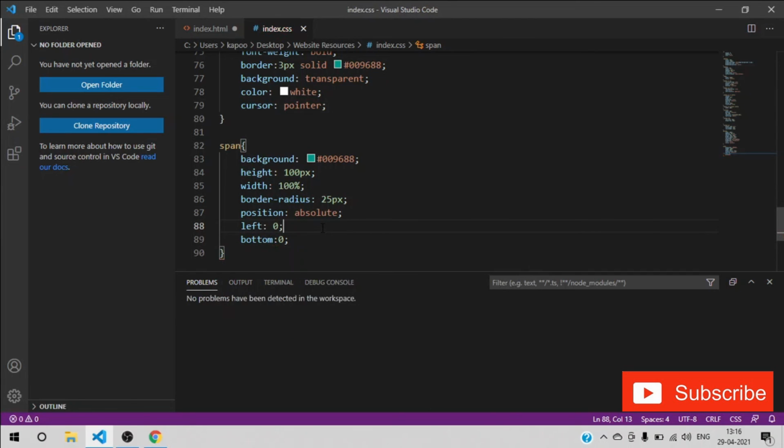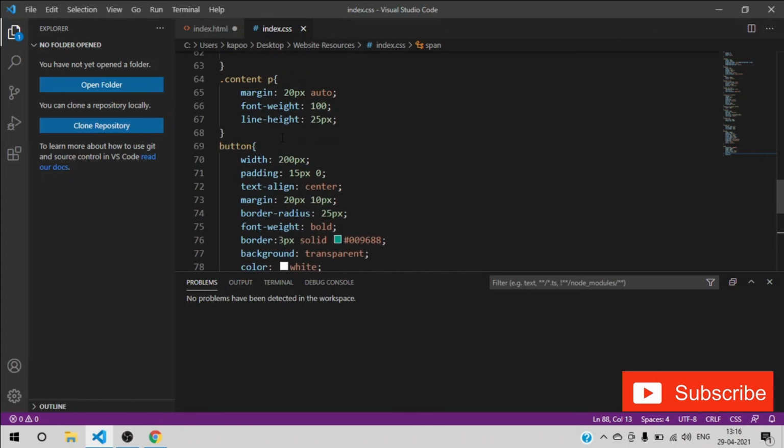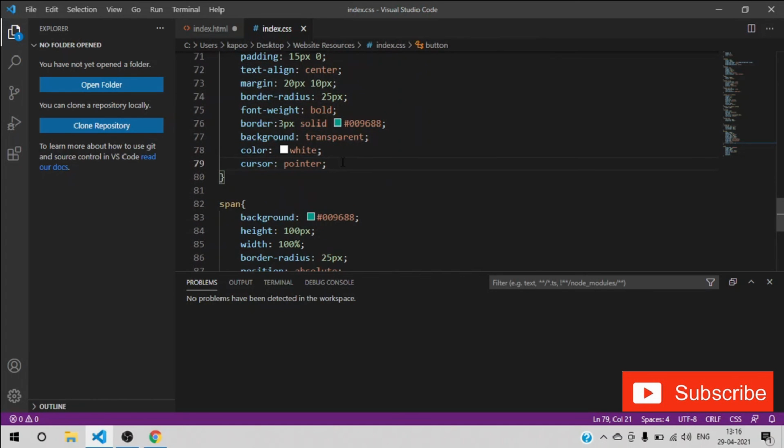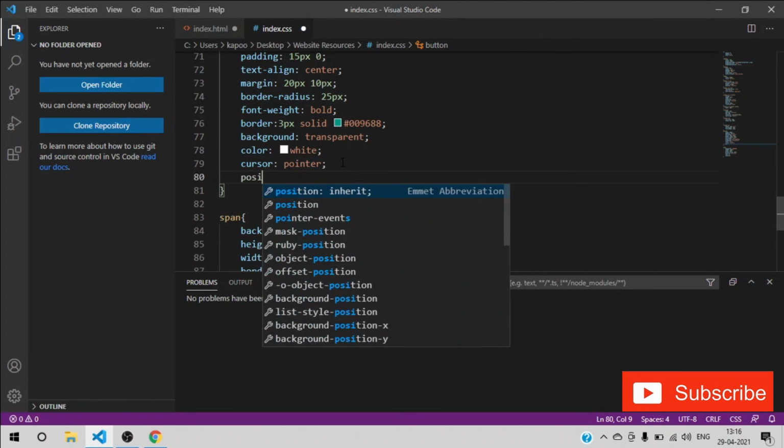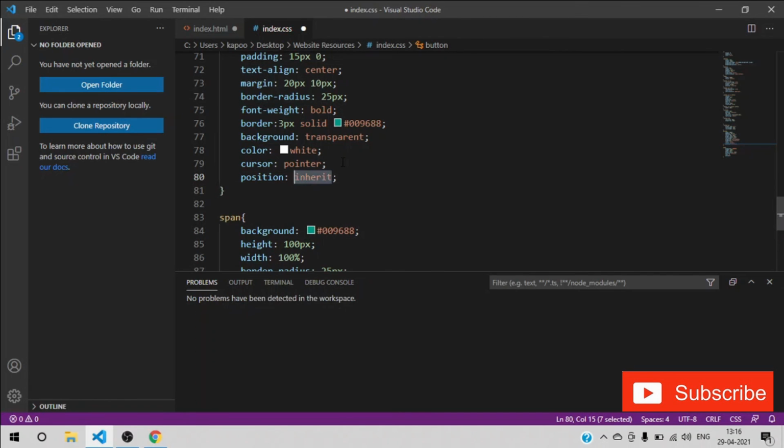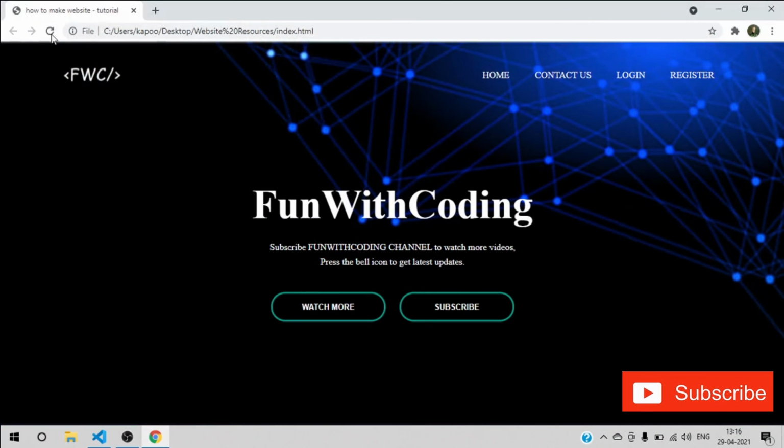Okay, save it and then give this one attribute as position of relative. Save it and then refresh.